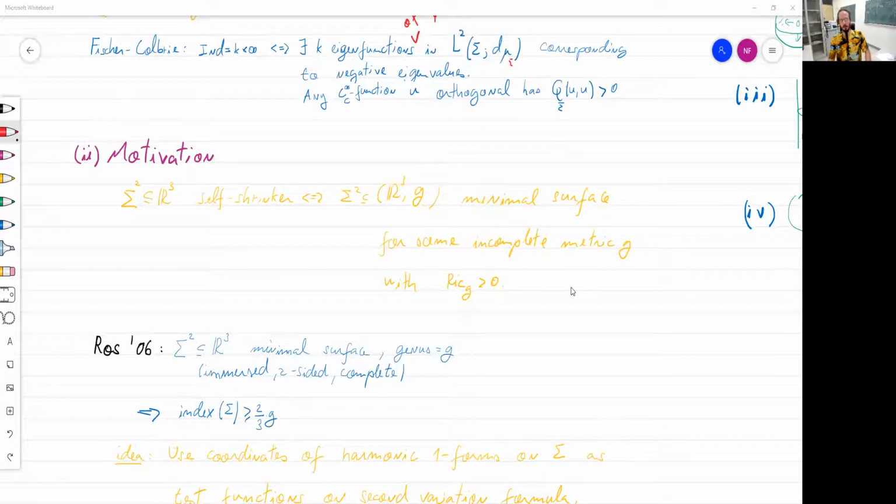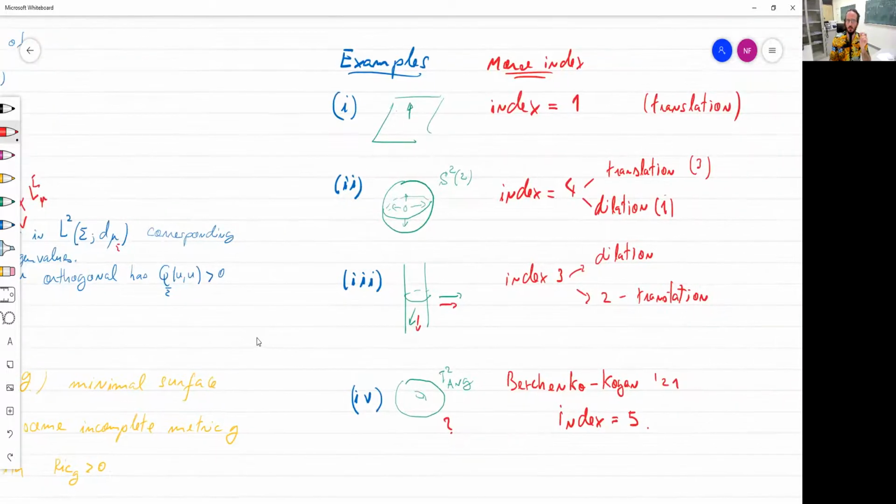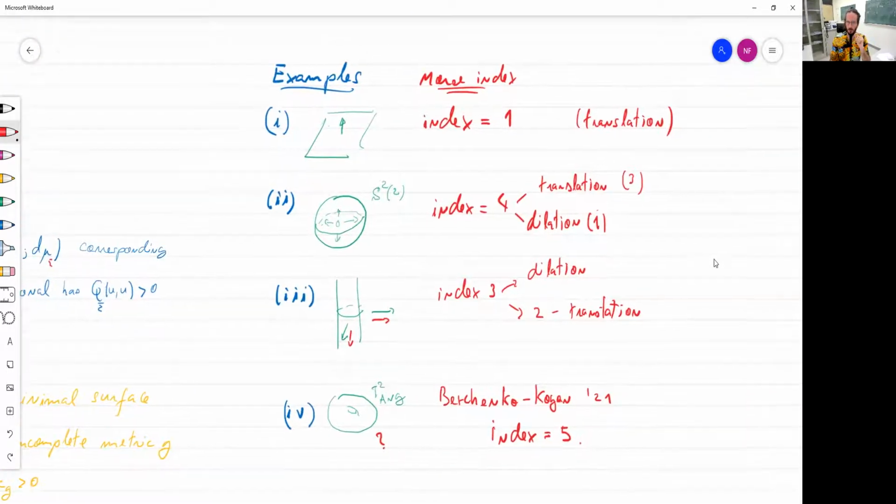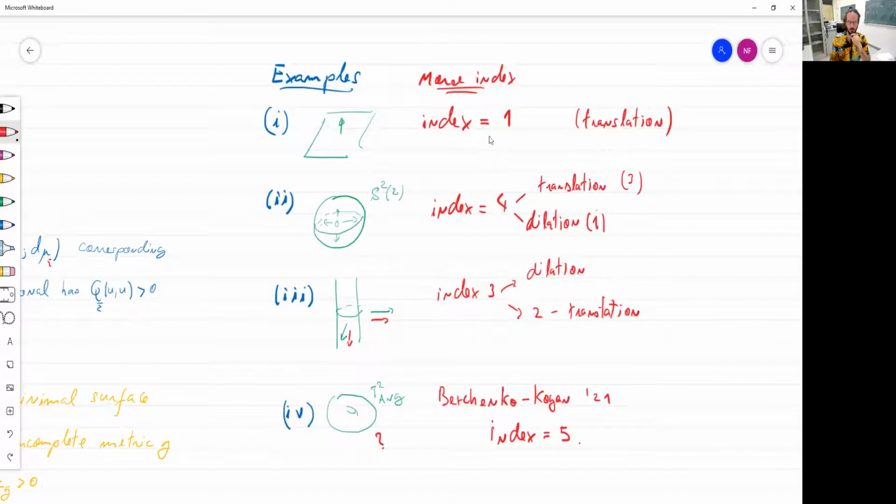Hello again. So let's continue. This is part 2 of the talk, and let's just recall where we stopped in part 1. So we talked about the examples. Here, we explain where these indices come from for these trivial examples,